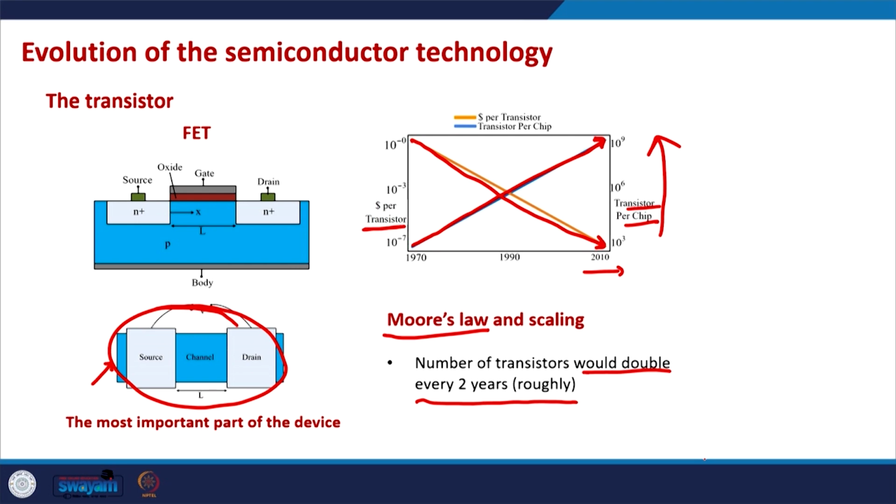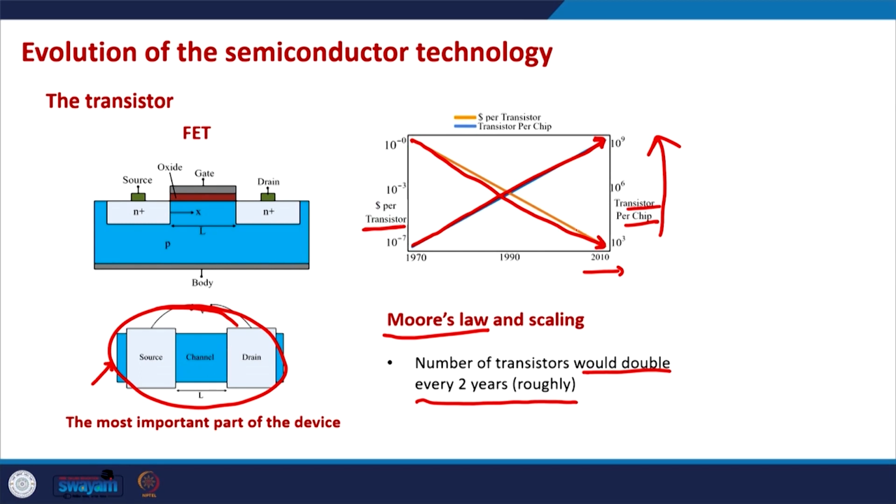The number of transistors in the same area of the chip is continuously increasing, which gives us more functionality, enabling us to do more computations and perform more tasks with the same device than we could a few years back, and the cost per transistor is reducing continuously. So that is roughly Moore's law, and it captures the progress in the electronics industry and the scaling of transistors.